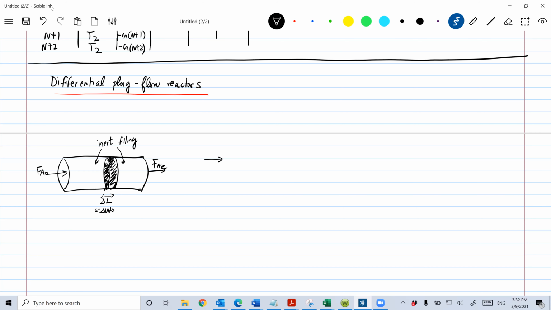If you look at it more as a cartoon, it sort of looks like this. You have a little bit of catalyst filling in the middle. It's not taking up the whole reactor. It's only a little bit of the reactor. So that's how you can minimize the transport effects. So you have a very thin layer. This is, for example,